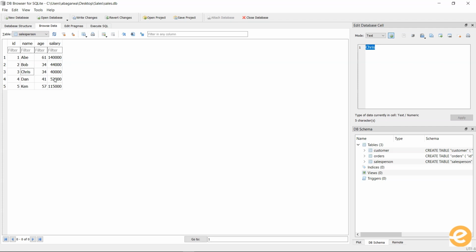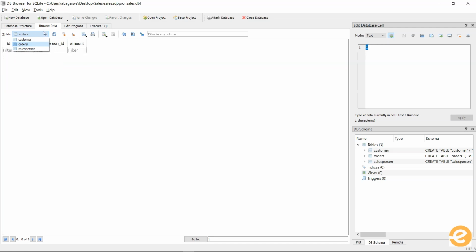Alright, so here I have just added 5 records, and you can enter whatever records you have, or you can follow along here to move ahead with the tutorial. These are the 5 records that we need to add into the salesperson table. Similarly, we can go into the customers and orders tables to add records into those respective tables. In the next section, we are going to look at how we can query the data from the tables and get the desired output.